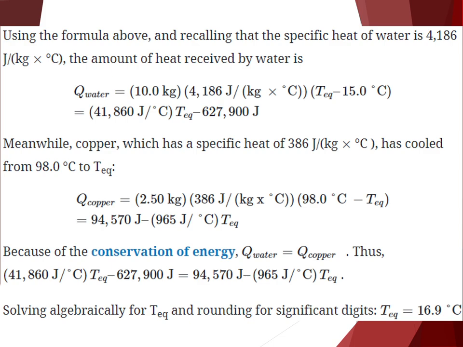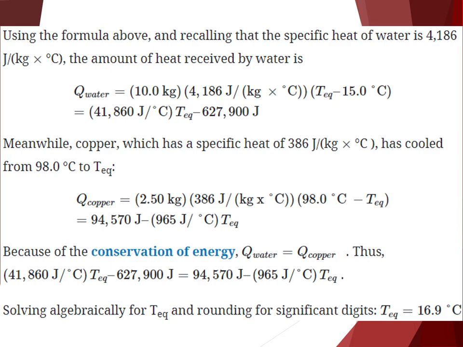So the amount of heat received by the water, Q of the water, is 10 kilograms, that's M, multiplied by 4,186 joules per kilogram degree Celsius, which again is the specific heat of the water, multiplied by T EQ minus 15 degrees Celsius. So when we solve for this, we have 41,860 joules per degree Celsius, T EQ minus